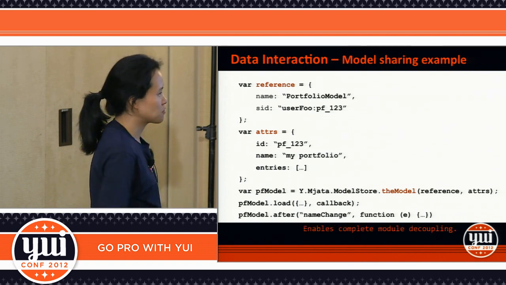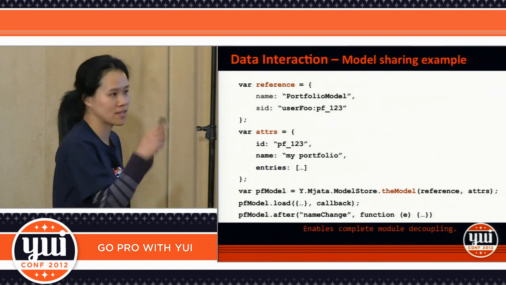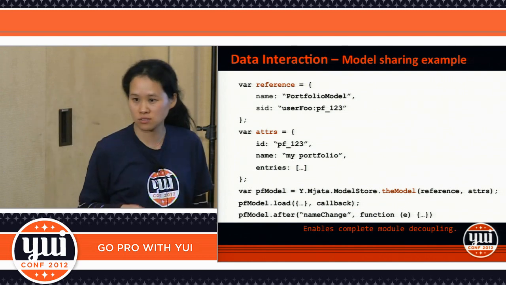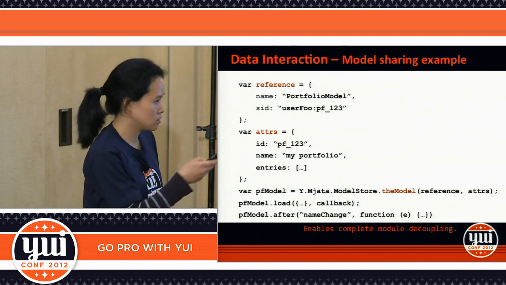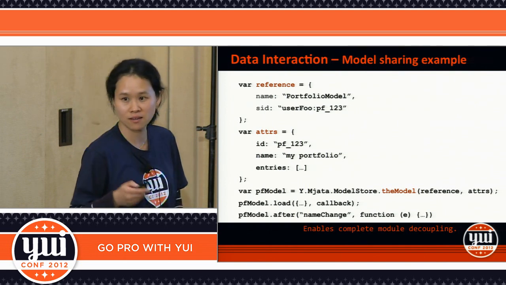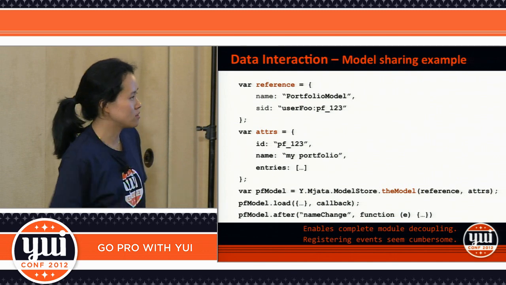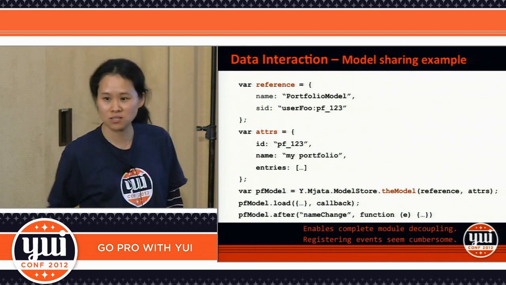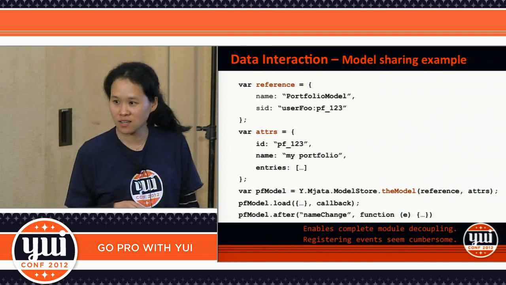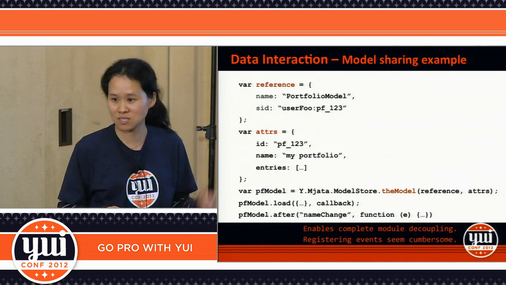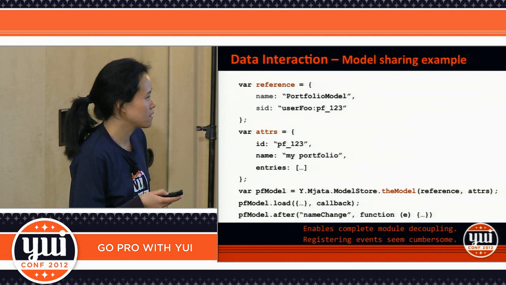So if you look at this, as I said a couple minutes ago, it really enables complete model decoupling within your code, module decoupling in terms of getting data, getting the model. And just one thing here, you can notice that registering events is cool, but it could be a little bit cumbersome, right? Because you have to get all these models, or you create your model, and then hook up these events all manually by yourself. So